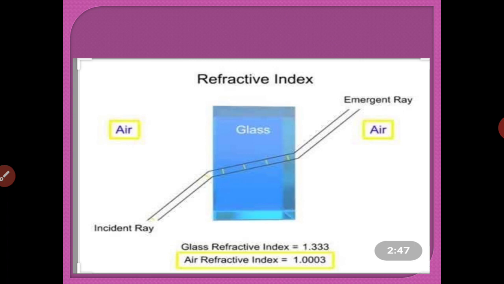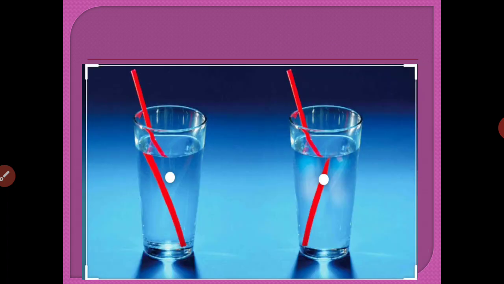Okay. So the glass refractive index is 1.33 and air is 1.003. So this is the example of refraction. Now here I show you a simple example of refraction from our daily life. If you insert a straw in a glass of water and look from the other side, you will see the straw is not in a straight line. So why? Because refraction is here. The straw is inside the water and outside is air, so there are two different mediums, so it slightly changes its direction. Okay,